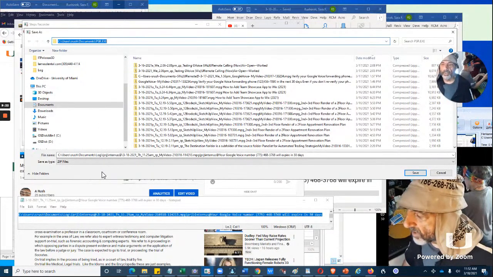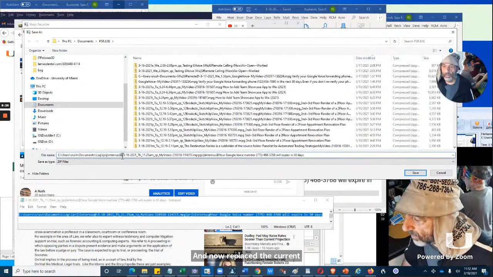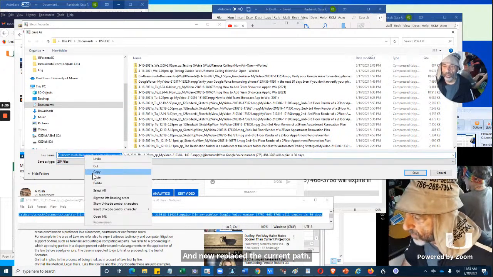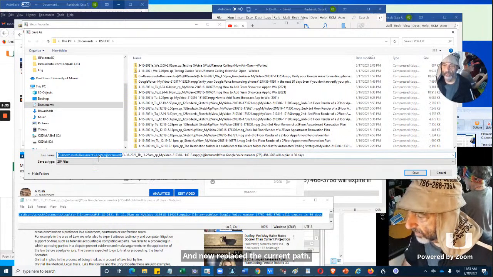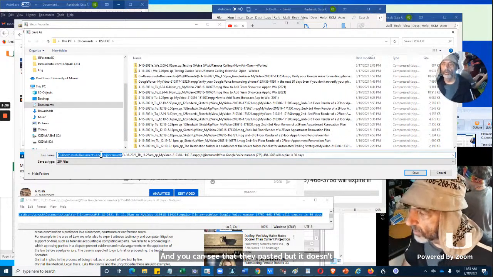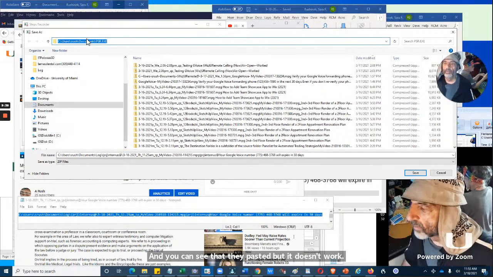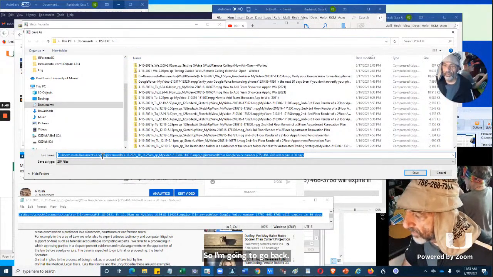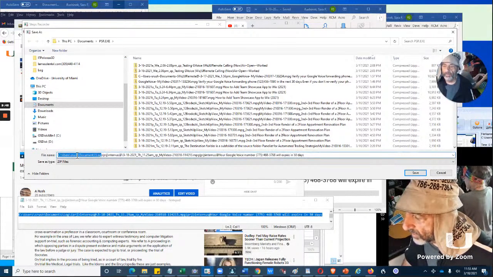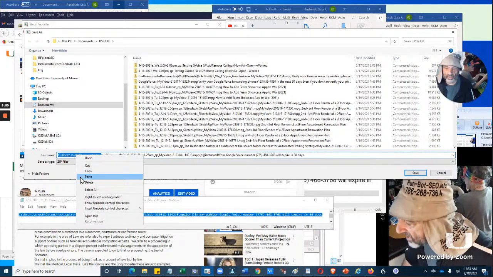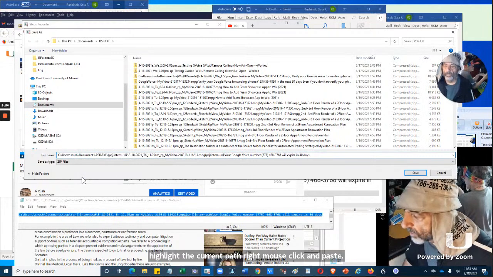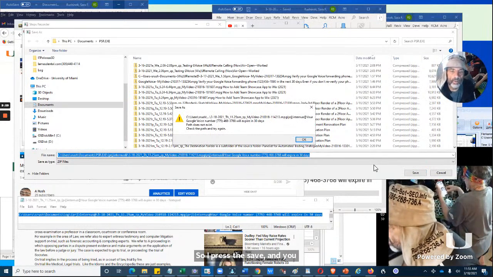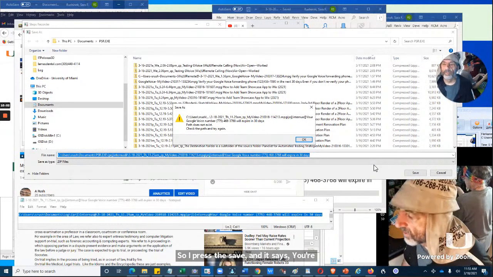And now replace the current path with the psr.exe, problem step recorder.exe path. And you can see that I paste it, but it doesn't work. So I'm going to go back, right mouse click and copy. Now highlight the current path, right mouse click and paste. And now it worked. So I press the save button and it says your path does not exist,